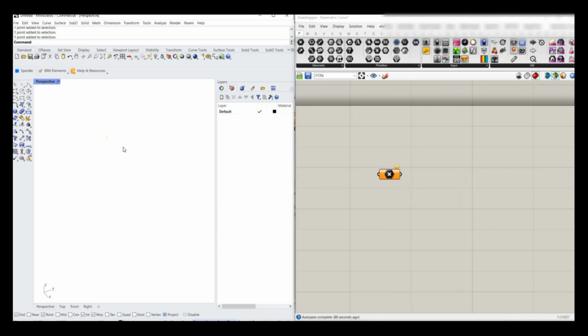This is not the way I usually use; I define everything in Grasshopper and visualize them in Rhino. Firstly, we define the coordinate of the point by the panel component, then plug it into the point component. And you can see we have a point here in the Rhino screen,